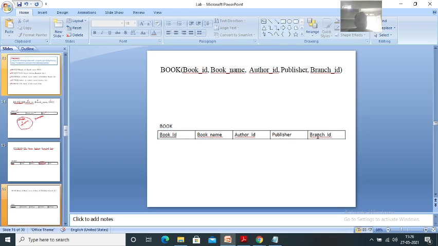So in this table, this is what? Primary key. And this author ID? Foreign key, and branch ID is also foreign key. Okay, so this is how you can create the book table.